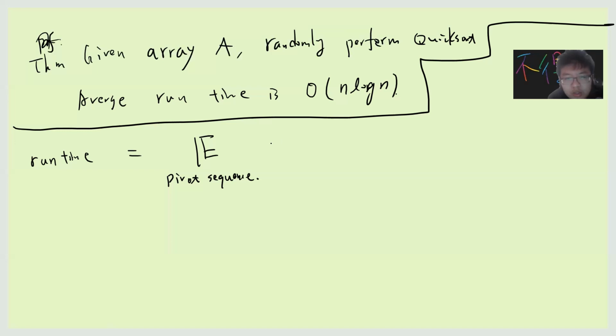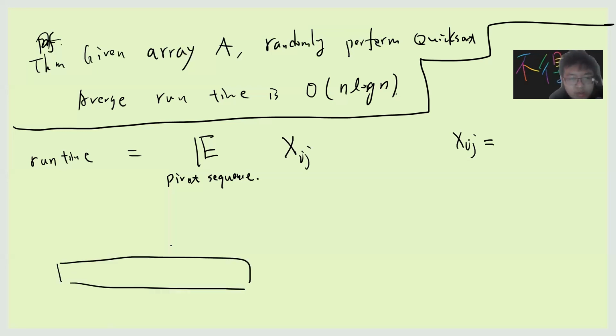Okay, so let's write X_ij, the definition of X_ij. So X_ij is a random variable, right? Because I choose a pivot sequence. So X_ij is defined as follows. Let's write array A, and let's label it by z. So let's sort array A and imagine that this is our correct order. So z1 is less than or equal to z2, z2 less than or equal to z3, and keep going. Okay, so X_ij is defined to be the number of comparisons